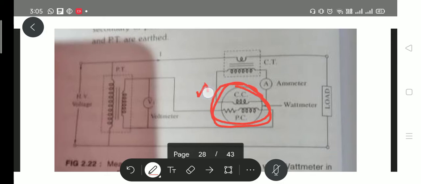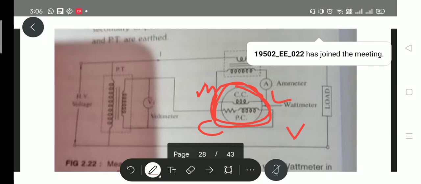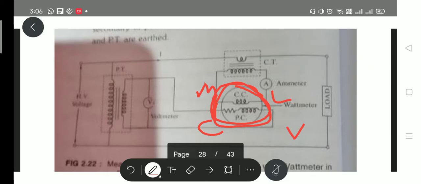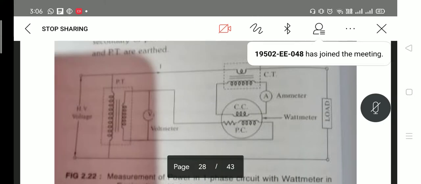Here we see the elements are M, L, C, V. These two will be shorted. We cannot short LV, because then we get a high amount of current in the instrument. So we cannot use LV as a short, only the MC short connection. This is the connection of the single phase AC wattmeter.